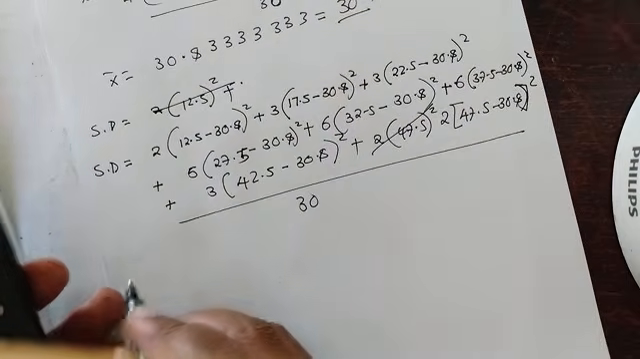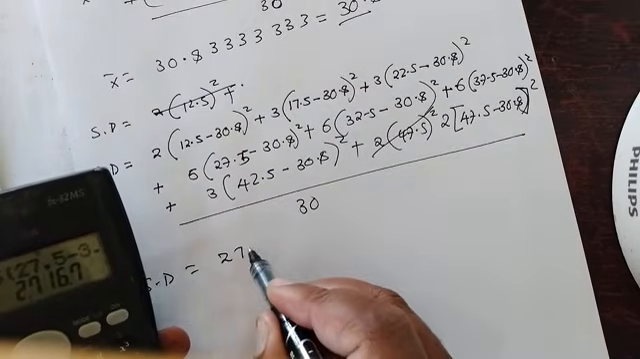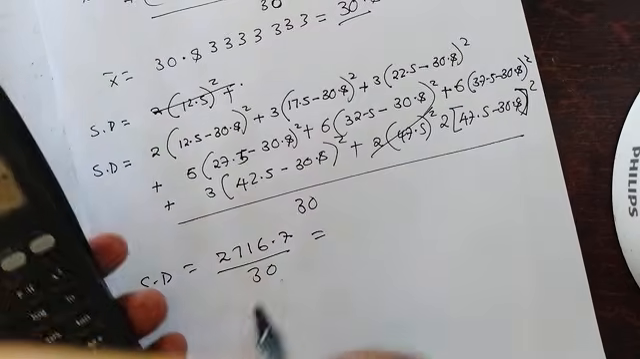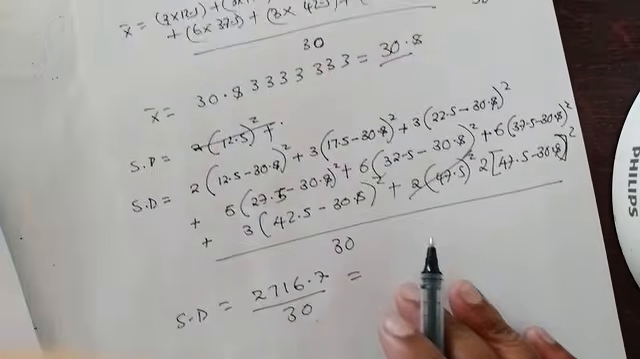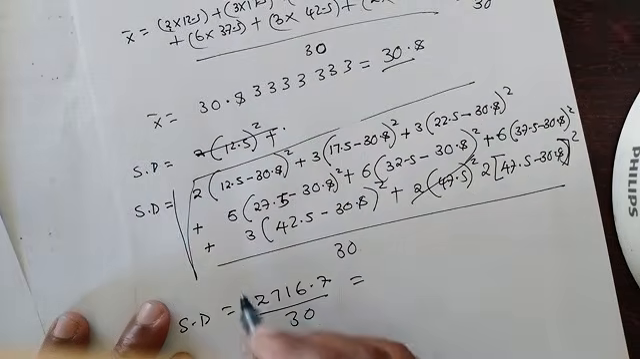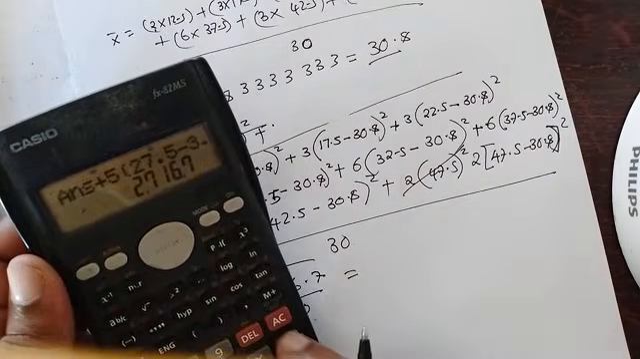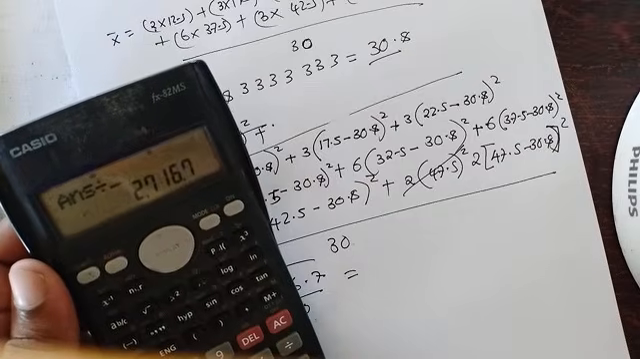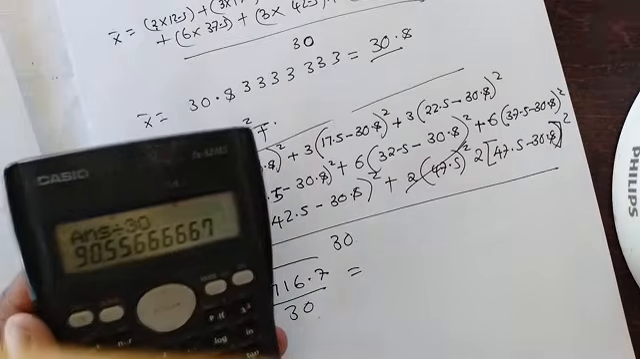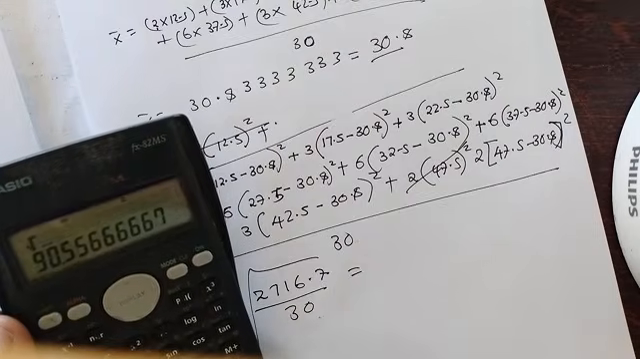Alright, so when we add, the total is 2716.7 divided by 30. Remember, there's a root here. This is a square root, so we divide this by 30. What do we get? This is what we are getting, but we can punch the square root directly. We say square root. This is what we are getting,